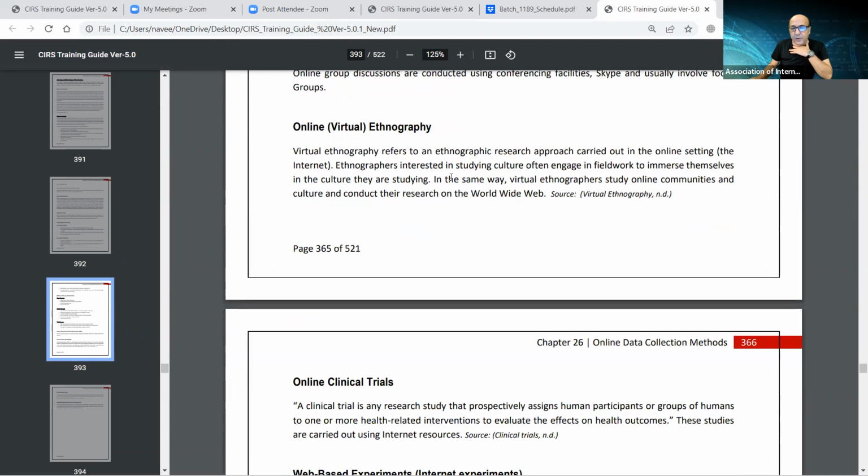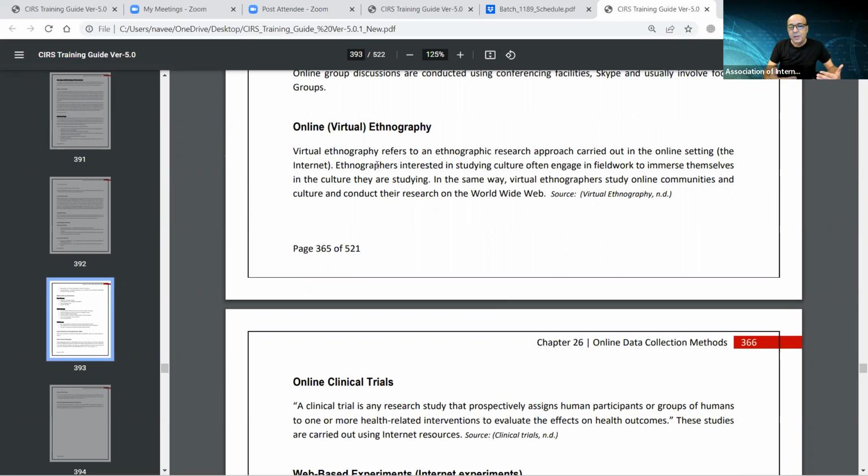Online virtual ethnography means something that you're going to study deep in by embedding into a social situation, being part of a research that requires you to spend more time understanding, in social studies for instance, living the life in a certain tribe somewhere, or if it is a war situation, embedding yourself with the military, to observe the situation and see how it evolves.